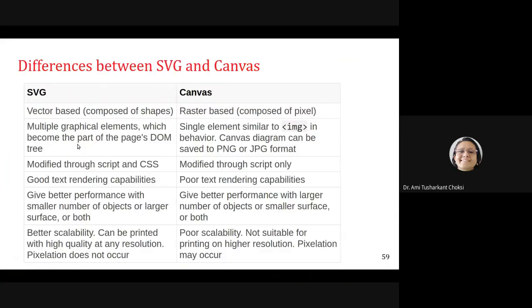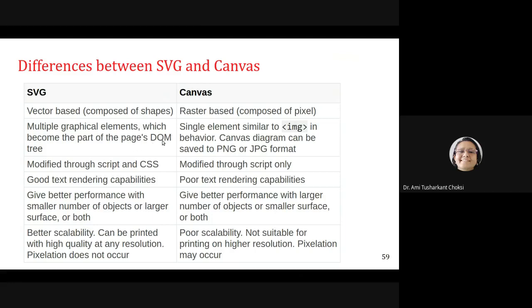So let's see what is the difference between SVG and Canvas. SVG is scalable vector graphics, right? So we can say it is vector based, composed of shapes, whereas Canvas is raster based. SVG has multiple graphical elements which become part of the page DOM.